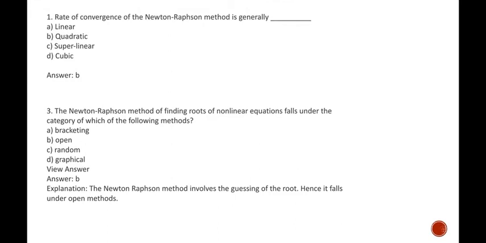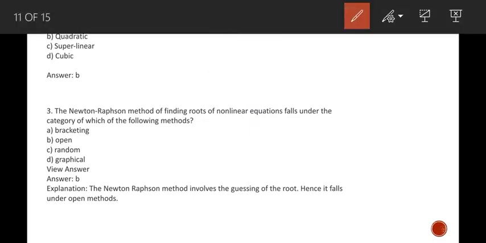The rate of convergence of the Newton-Raphson method is generally, this is a theoretical question, and we know that the rate of convergence of the Newton-Raphson method is 2, that is quadratic, hence the option is B. Okay,